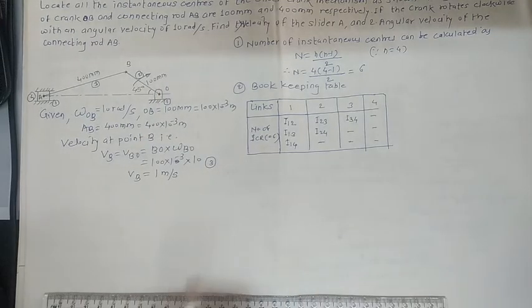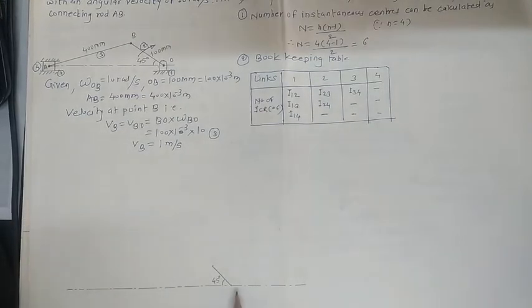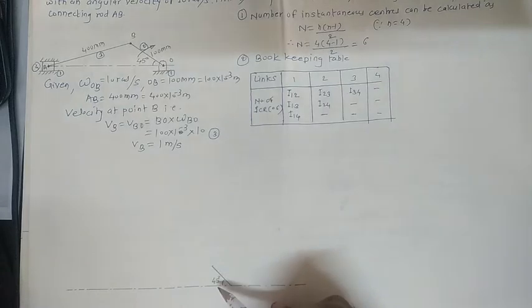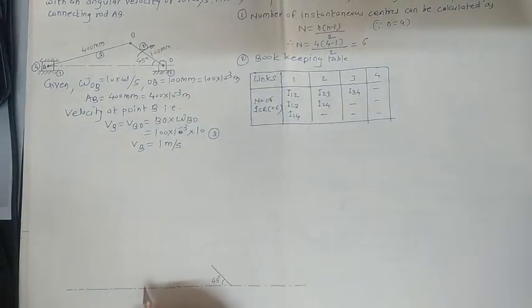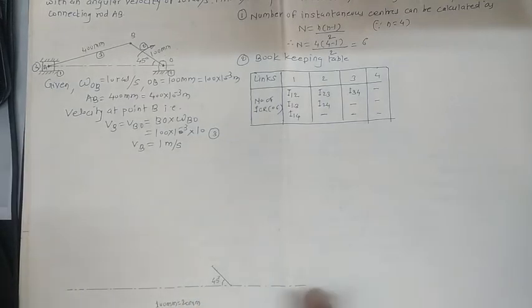I'll draw the diagram here. In this way, first of all, draw the reference line. Then see the length for this one is given as 100 mm. So for that, we use the scale 100 mm equals 20 mm. I'll just write here: 100 mm equals 20 mm. This is the scale used by us, so clearly mention the scale here.